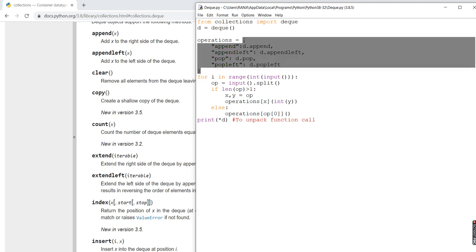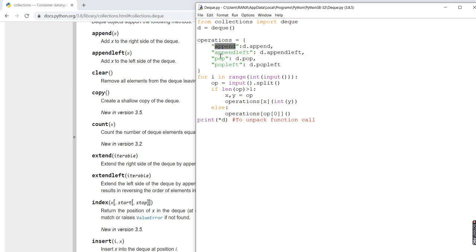So we are not doing any hard coding, we are making the user interact with the DQ however he wants to perform, but our operations are limited to these 4 operations. If he performs any other operation apart from these 4, it will throw a key error showing that the key does not exist in the dictionary. But I suggest you go ahead and extend this dictionary by adding more operations, and then you can play around with this DQ. So that is the basic dictionary that we are going to implement, and then comes the logic.